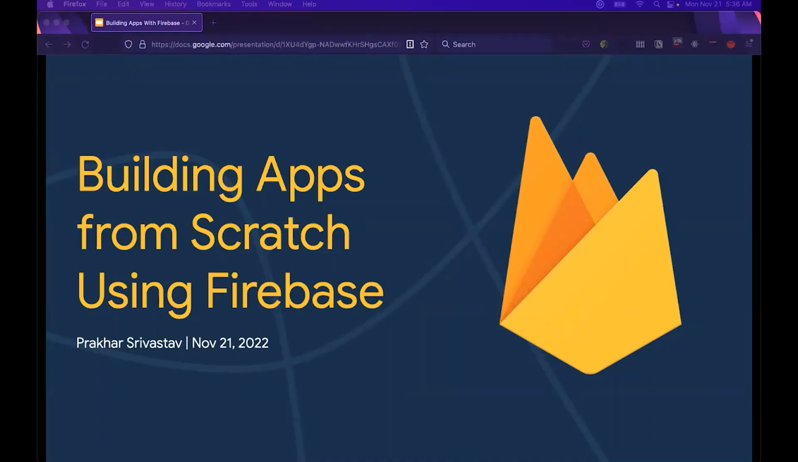My name is Prakhar, and today I'm going to talk about how we can use Firebase to build an app from scratch. Building an app from scratch, for those of you who have attempted it, is often daunting. There are so many moving parts and factors to consider. And with Firebase, you'll have many different products to help you build and run successful apps, regardless of the platform you're